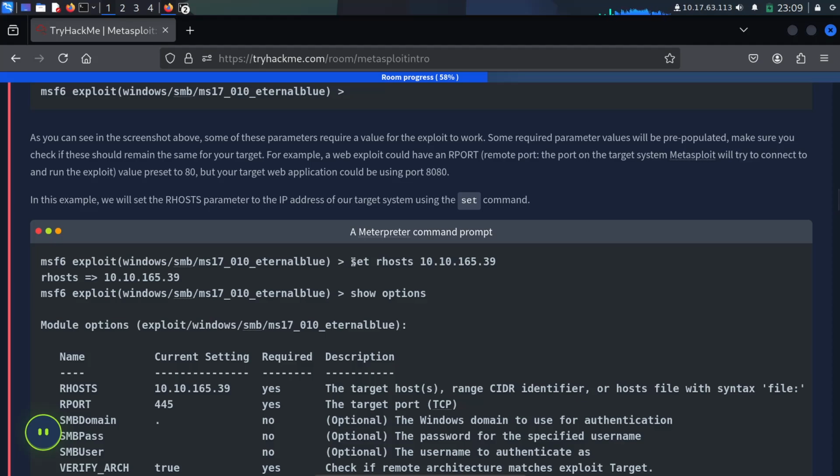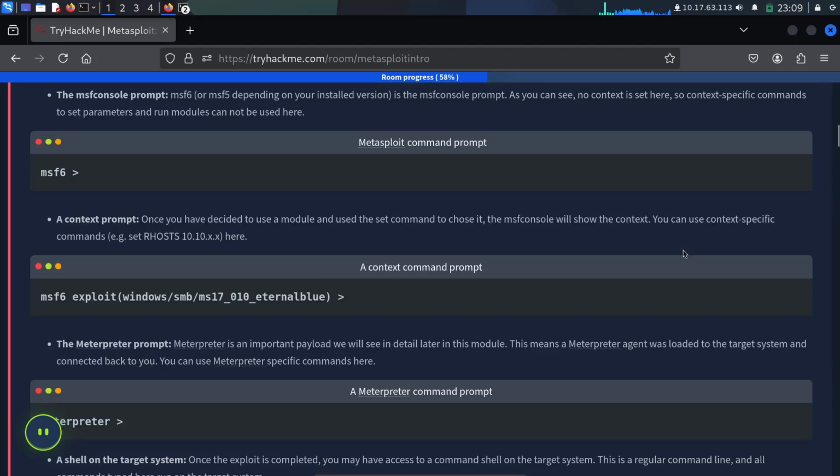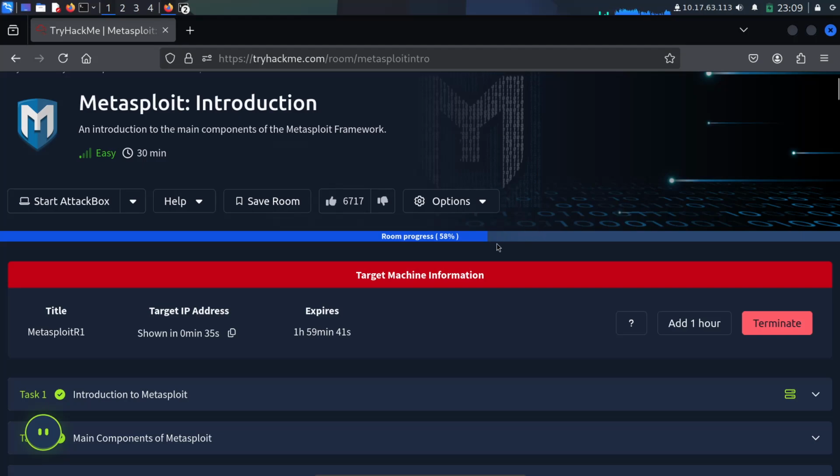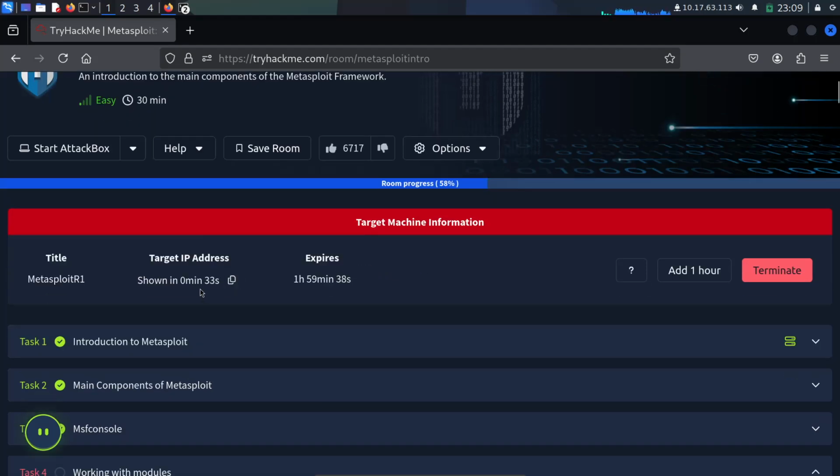This is the example. First, we must write the IP address of the hotspot attack box. No, I don't use structure, but I use the terminal.